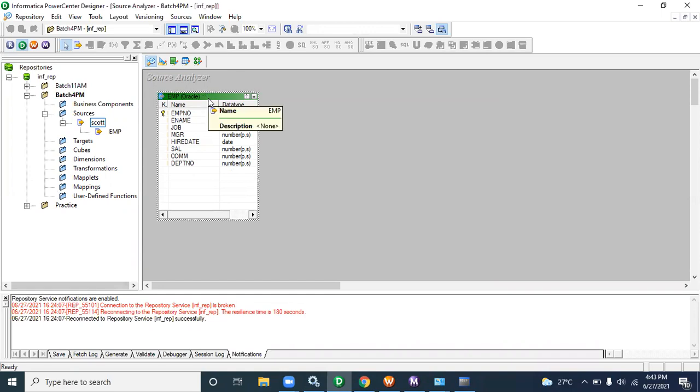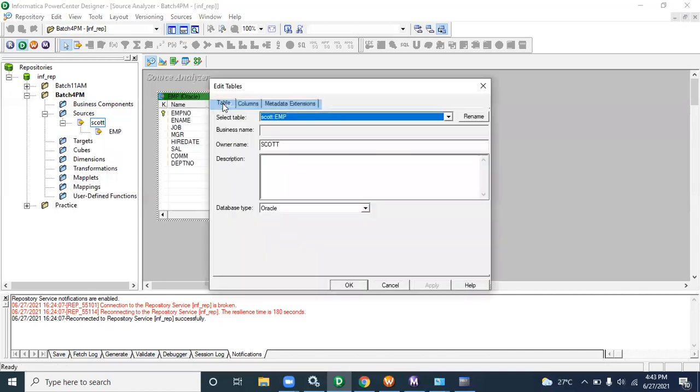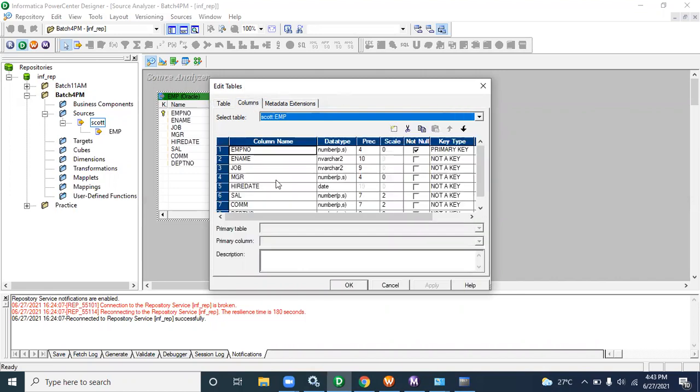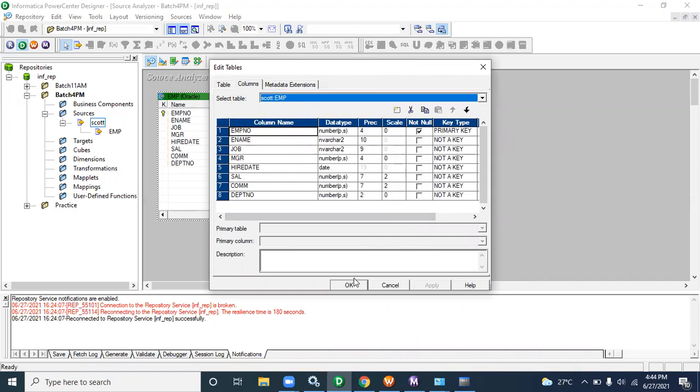When you double click or right click and edit on that, you can set the table name, which database, which table name, and what the columns are. If you want to add or delete any column, you delete using this scissor cut, and add like copy, paste, and up and down, based on your convenience. Okay, this is the thing.